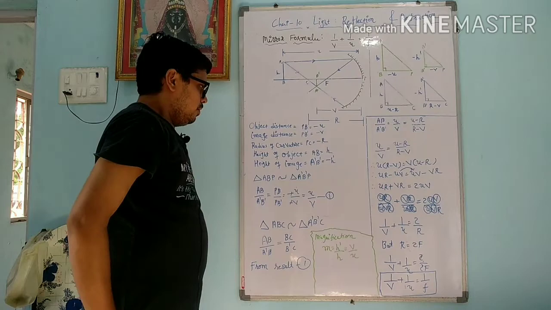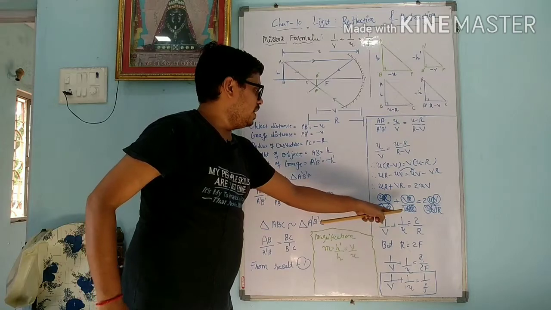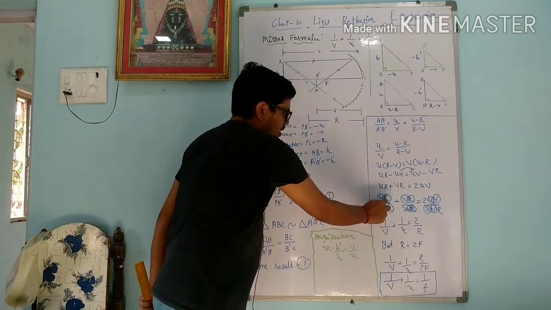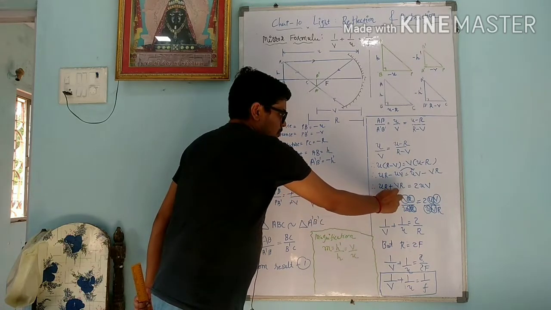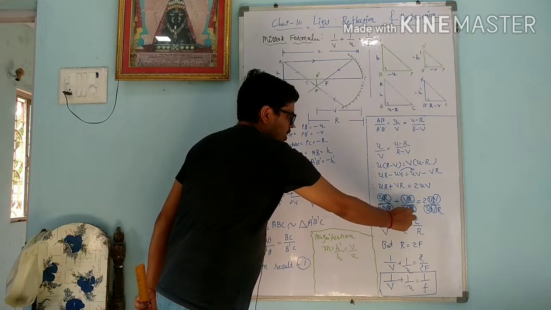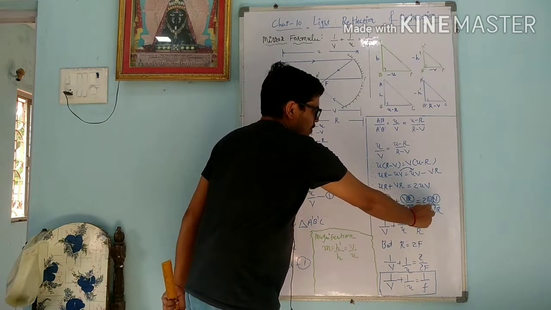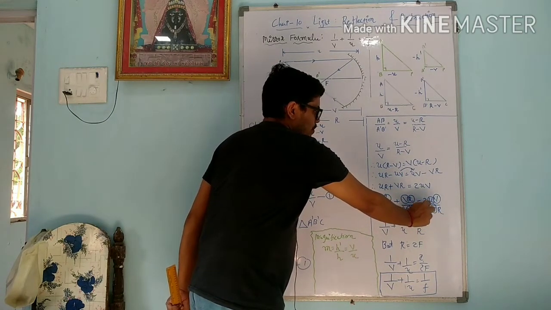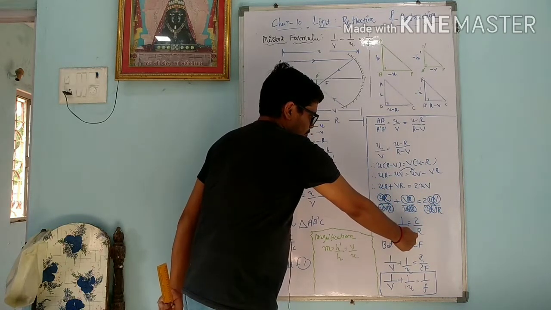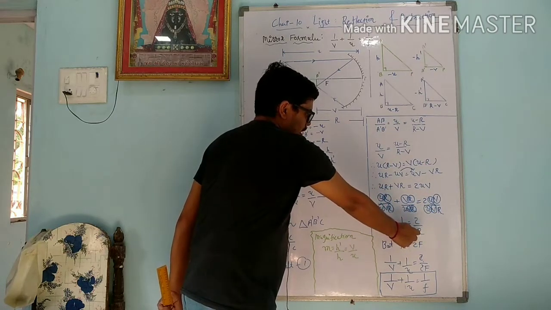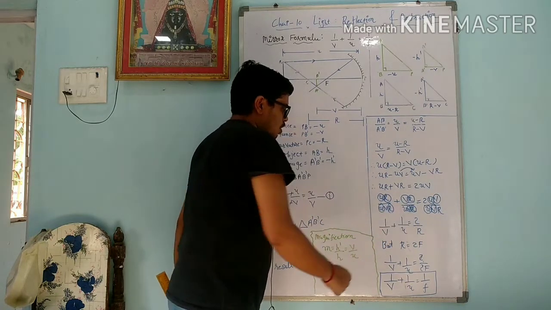Now dear student, these equations are to be divided by U, V and R. As we divide by UVR, UR is cancelled. So what is remaining? V. So we can write 1 upon V. VR is divided by UVR, so VR and VR are cancelled. What is remaining? U. So we can write 1 upon U. 2UV is divided by UVR, so UV is cancelled. So in the denominator what is remaining? R. So that is 2 upon R. So finally we can write 1 upon V plus 1 upon U equals to 2 upon R.